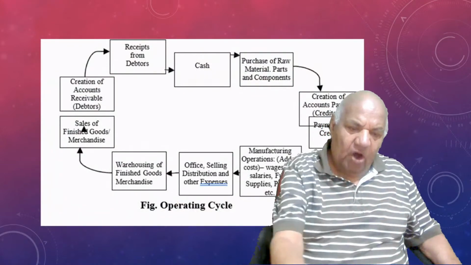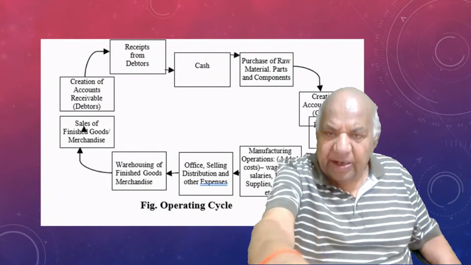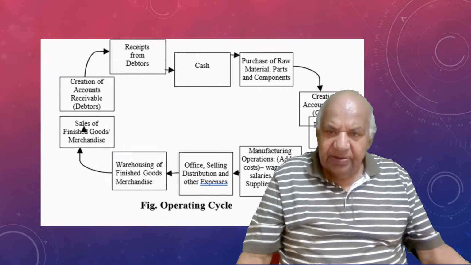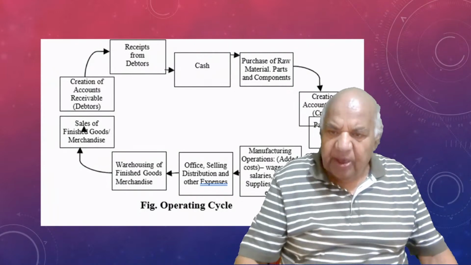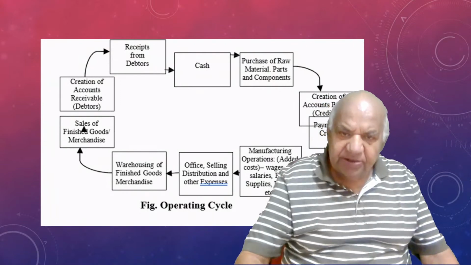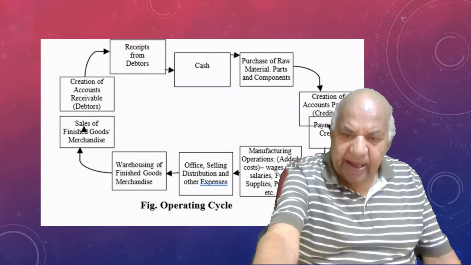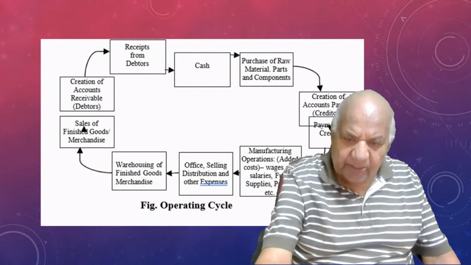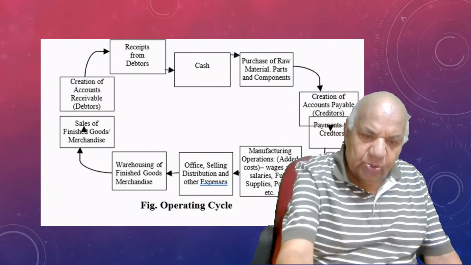Here, one figure of operating cycle. Starting from cash, purchase of raw materials, parts and components, production. When purchase is there, creation of accounts payable or creditors, payment to creditors. During production, manufacturing operations, added cost, wages, salaries, fuel, supplies, power, etc. Office selling distribution expenses,